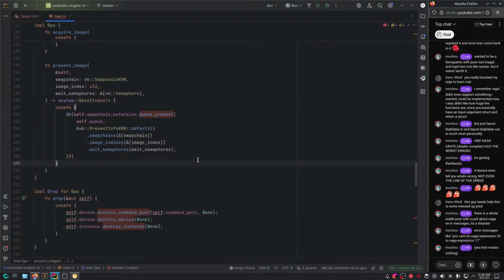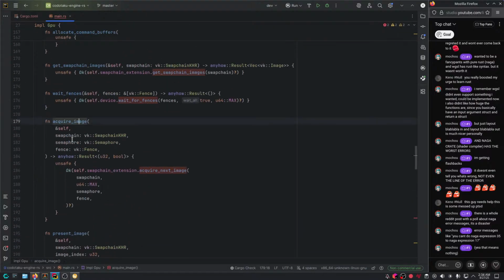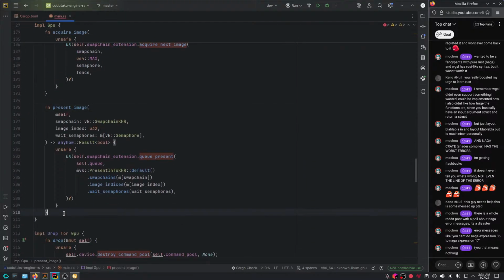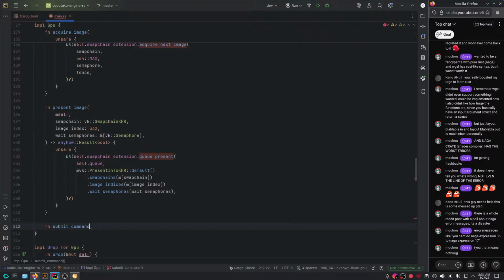Alright, cool. That's present image, acquire image. We're also gonna need submit commands, or like submit command buffer, I guess.